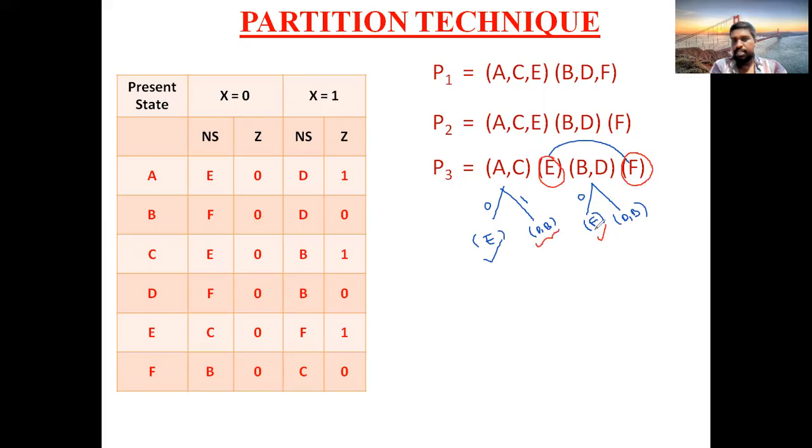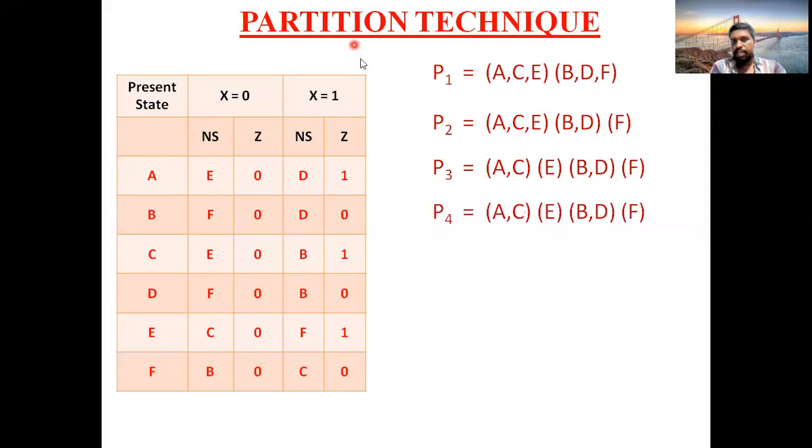D comma B existing in the same group. Yes, D comma B are existing in the same group here, and here also D comma B exists. So here 0 successor is satisfied, 1 successor is satisfied. So you can write the same expression in P4 also. Why? Because here both are satisfied, no need to break A comma C, and no need to break B comma D. So nothing breaking is done, or no partition is done here, which means directly you can take the same expression as P4.